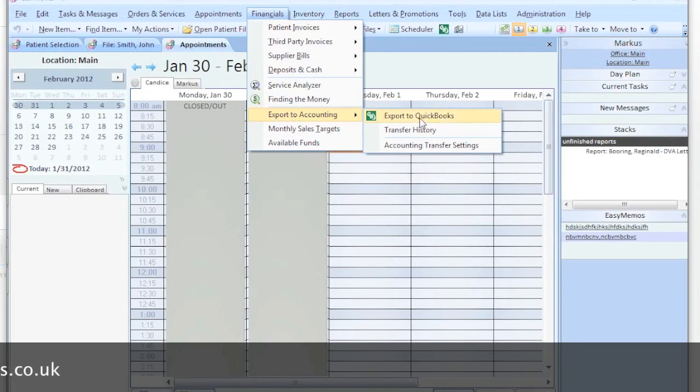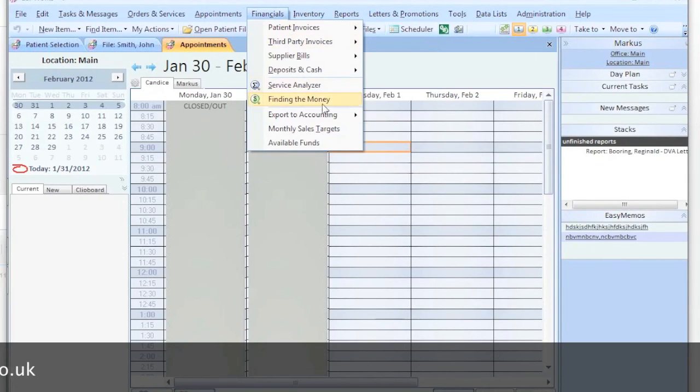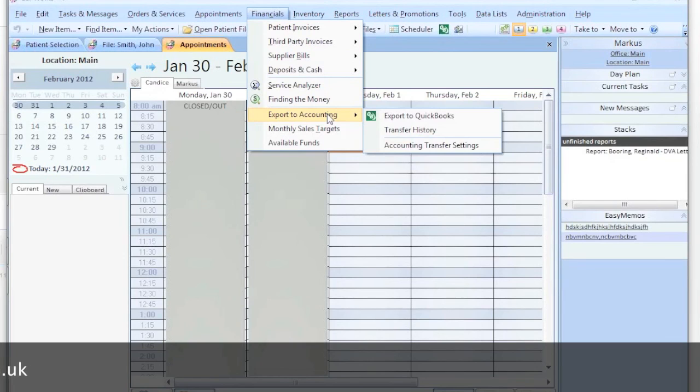So export to accounting, we've got the QuickBooks set up here. Which version of QuickBooks is supported? Lorraine, can you answer that one? Yeah, so we have support for QuickBooks 2007,